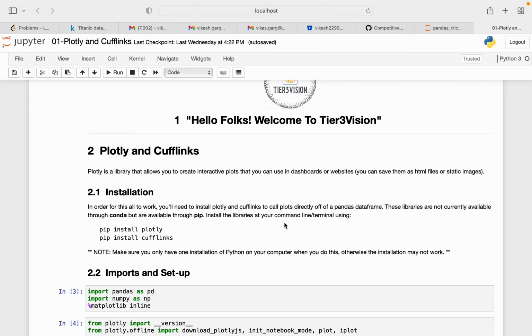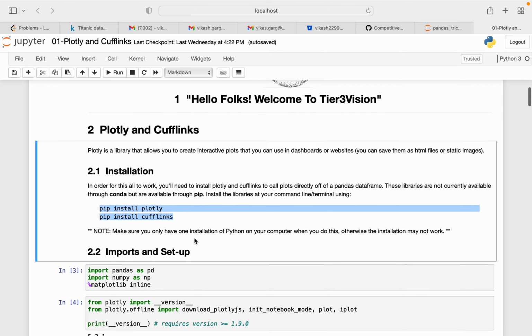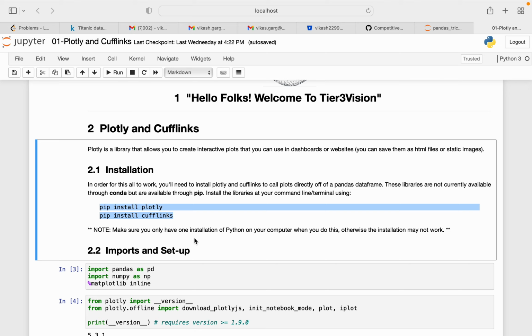And if you are using pip, you can do pip install Plotly and pip install Cufflinks. Now you need to make sure that your path is already set for Python, so that whatever library you are installing is in the same path, then only it's going to work.